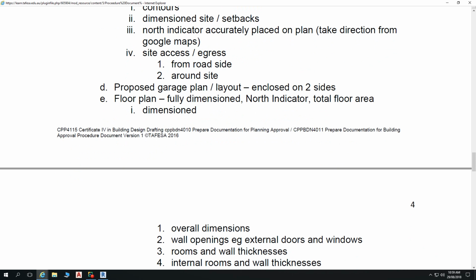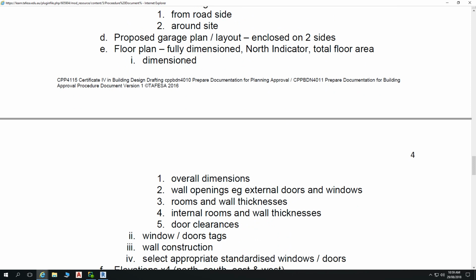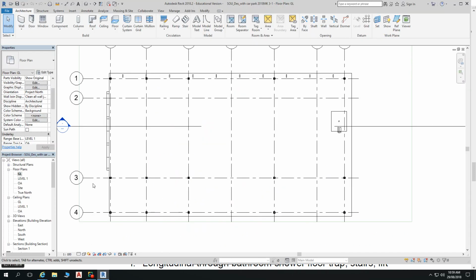Proposed garage plan layout. When we say garage plan, that's the undercroft car parking, that first level car parking or ground floor car parking. Floor plan fully dimensioned, north indicator, total floor area, etc. Overall dimensions, wall openings for external doors and windows, rooms and wall thicknesses, internal rooms and wall thicknesses, door clearances. So in regards to our